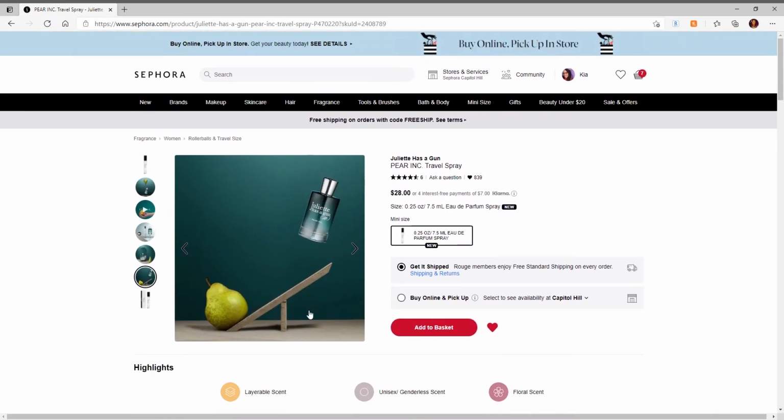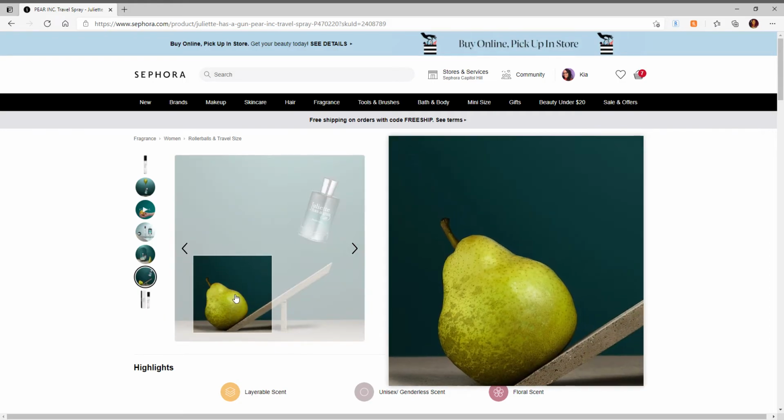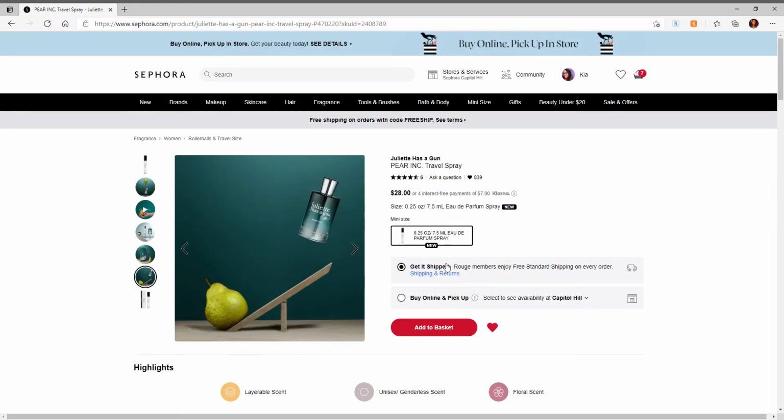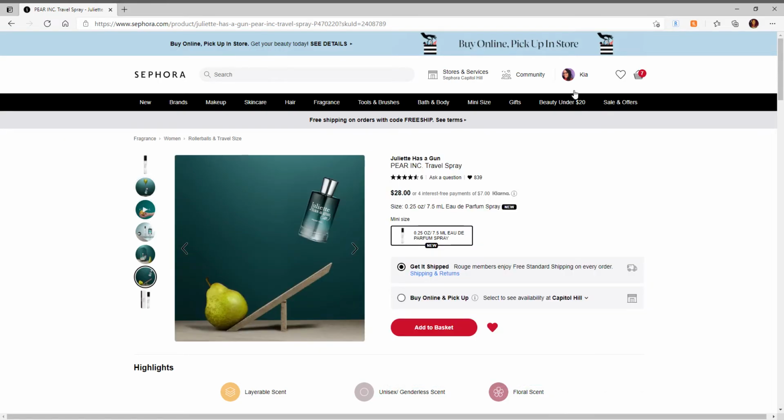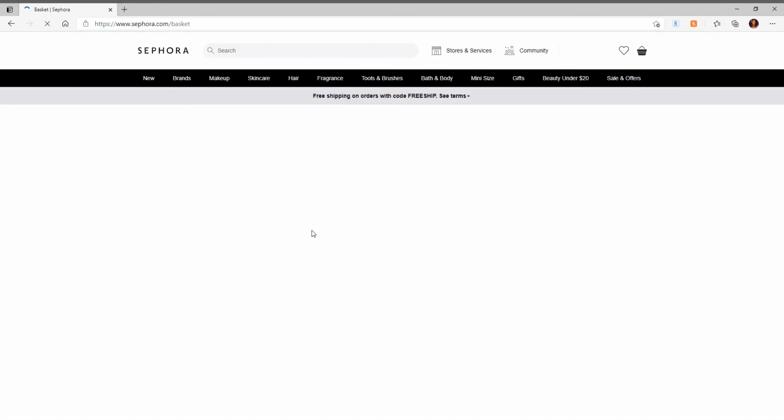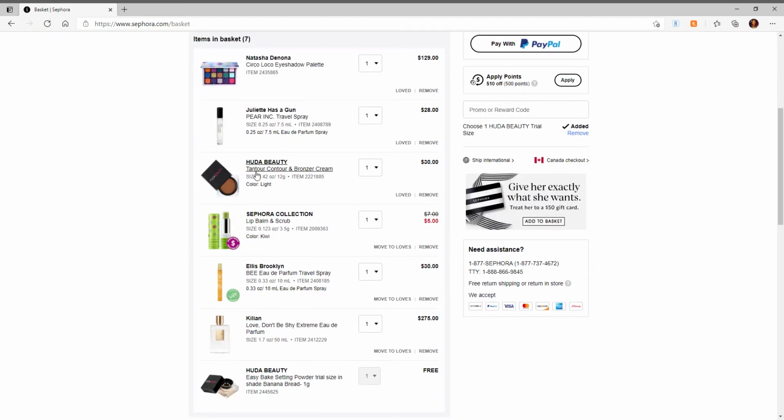So yeah, I think the pear was trending most of 2020, and we're still here in 2021 with this pear, and I'm pretty excited to try that out. Next item. You guys, this